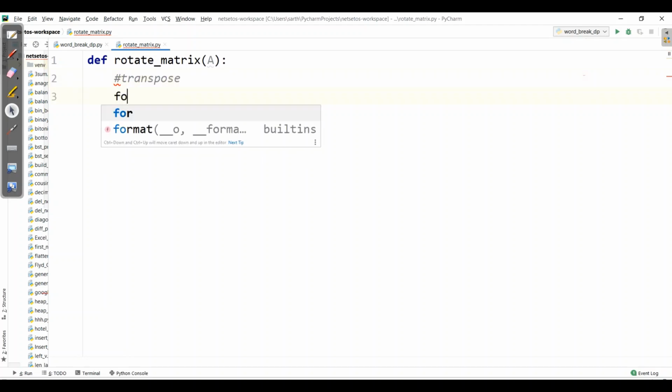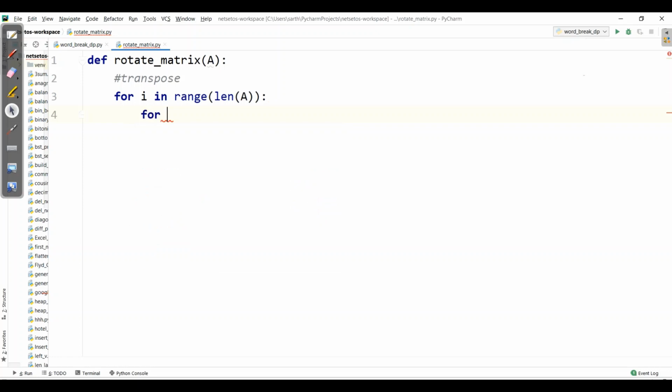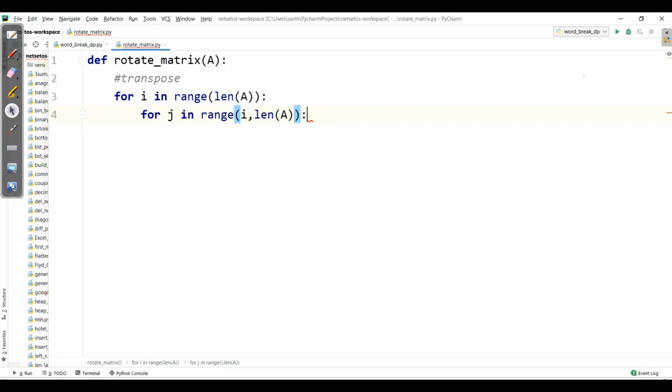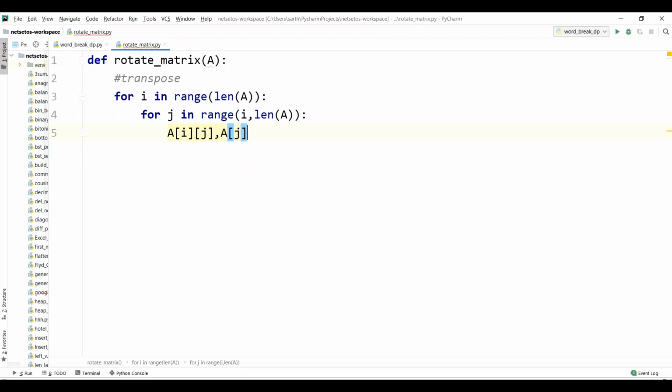The same concept: for i in range from 0 to len of A, and we will have the second loop for columns, for j in range from i to len of A, and then we will swap both, that is, Aij will be swapped with Aji.